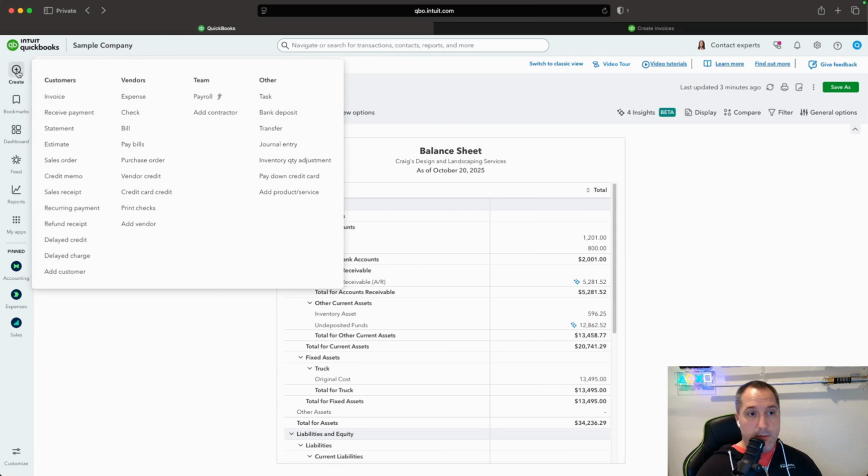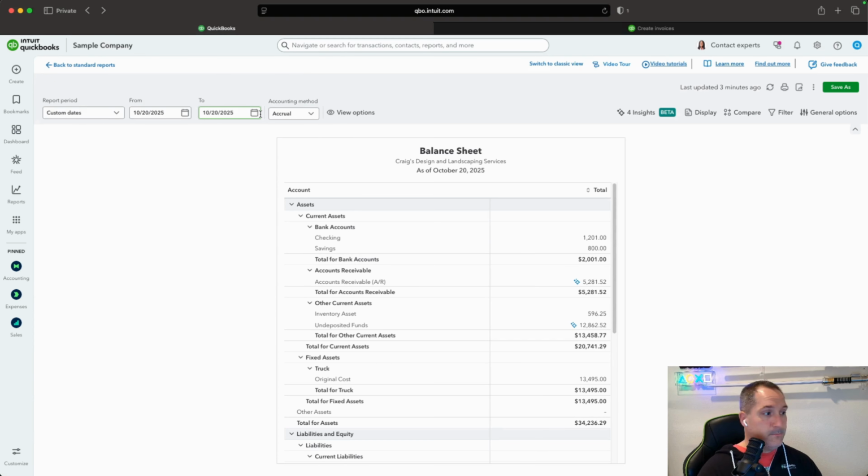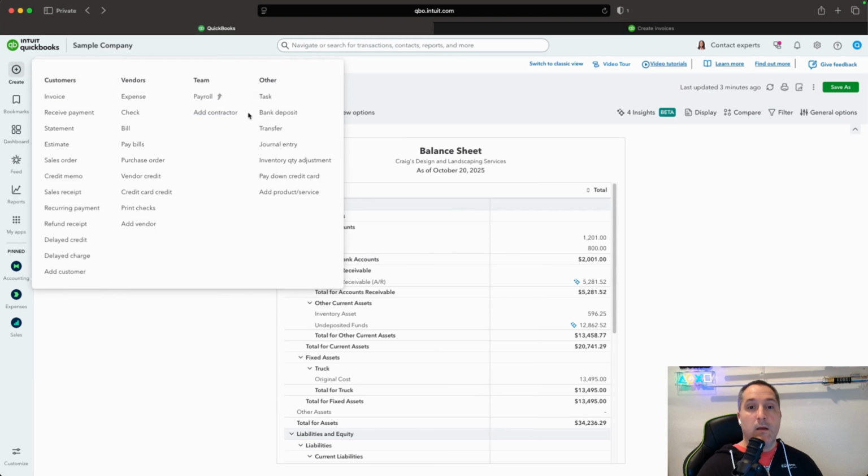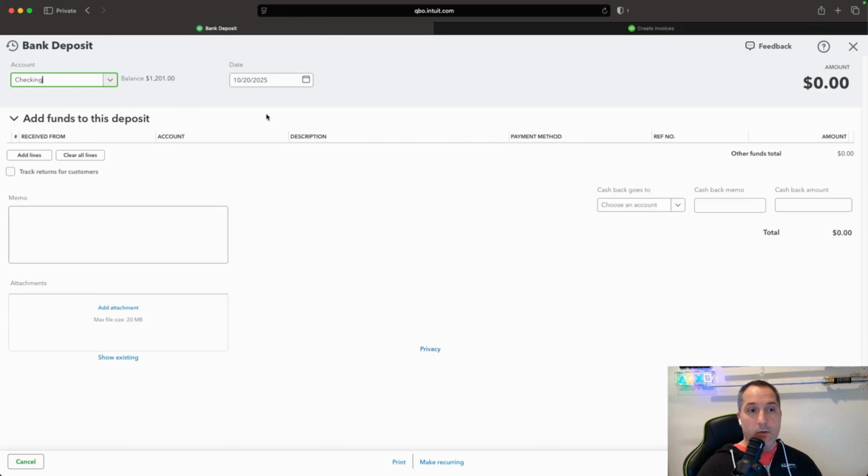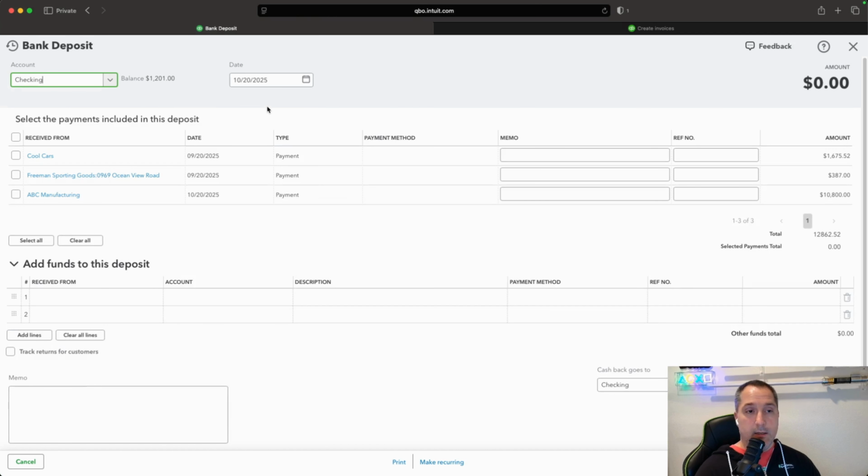So we'll select plus new, plus create there. We'll select bank deposit. That'll open up the blank bank deposit form. It's going to deposit it to the checking account. We can select here and select a different checking account, but it'll default to the last account that was used. We're going to select the invoice that we're making a deposit for today. So the invoices that we created, the invoice that the payment was received for,